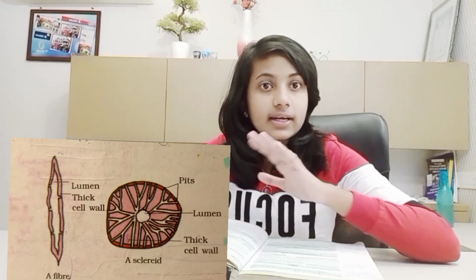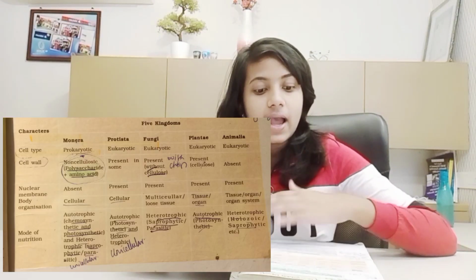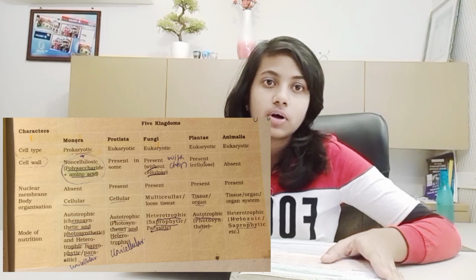And there are some extra edge points which are not there in the NCERT textbook, but still they ask in mock tests. So those kinds of points I used to write side by side in the NCERT textbook. Now I'll say how it helps in revising. If you need to do a quick revision, I used to open the NCERT textbook and just go through the circled sentences once and all the diagrams, labelings and tables of the NCERT textbook. Through this method, I was able to revise the entire syllabus within one day.